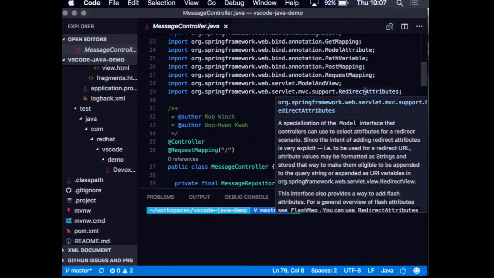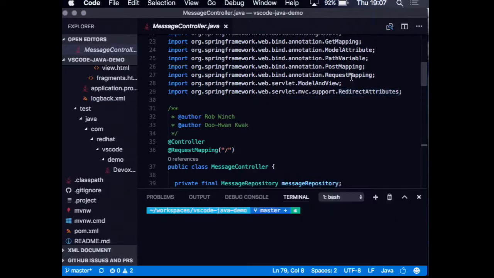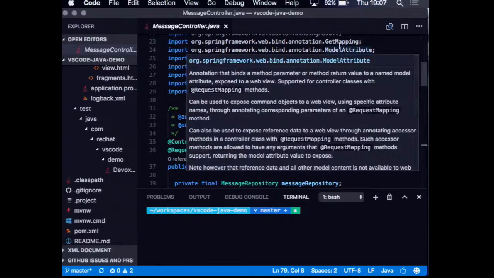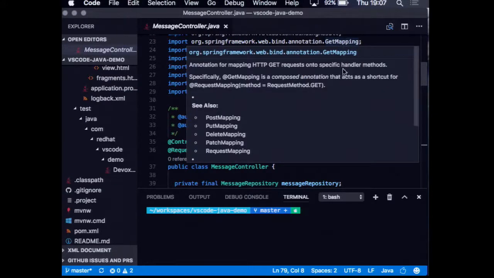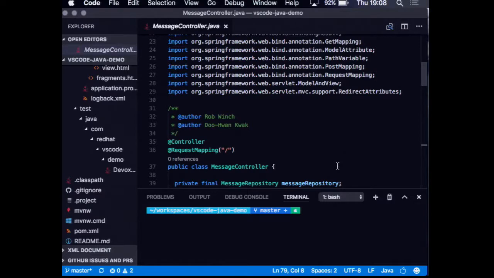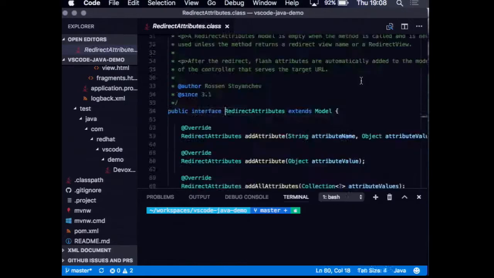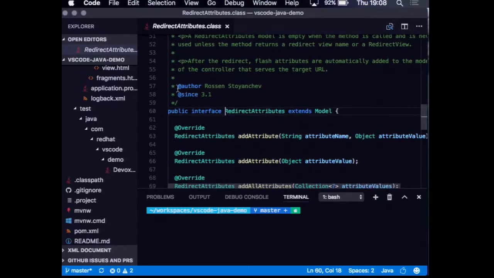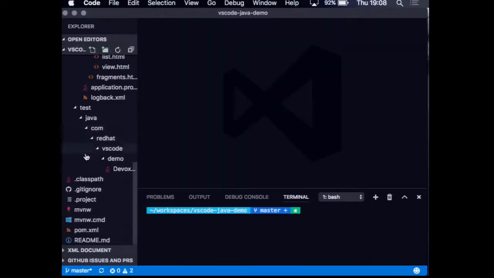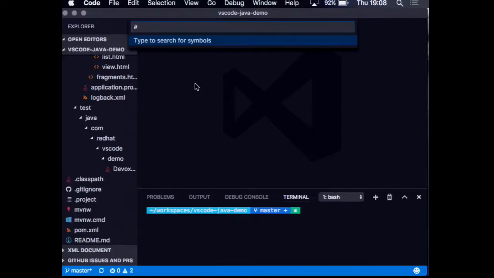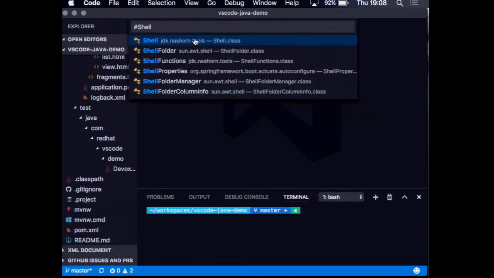And now, if I hover over the different types in my class, I can see all the Javadoc. All this Javadoc is coming from the sources that have been automatically downloaded for all the dependencies of my project. I'm still able to control click and navigate through all these classes. Same thing as before. Something we didn't show earlier, if you open a type, let's say the shell from Nashorn,